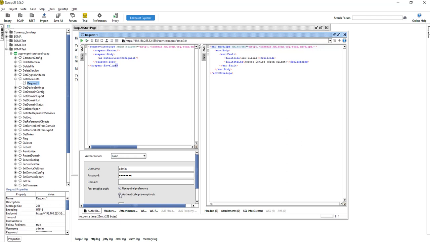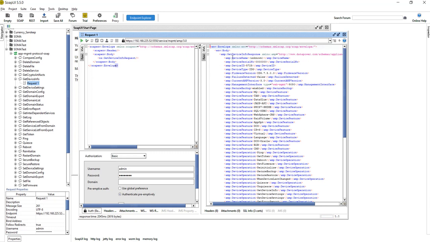And here we need to select this radio button. Okay, now run this. See, you got all the device features, like what is the device serial number, what is the device type, it's IDZ, what is the device ID, what is the firmware version we are using now, and what are the device features we have, like MQ, TEM, DataGlue, SQL database.